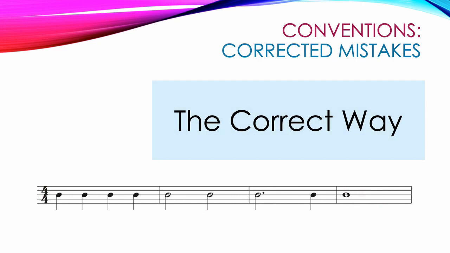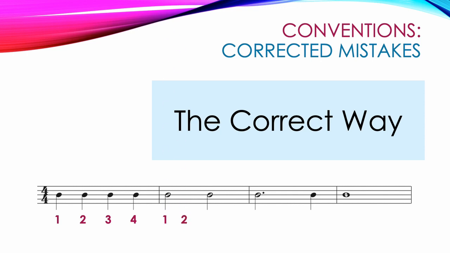Let's take a look at the correct way to put the counting under these measures. In the first measure, we have 4 quarter notes. Each gets their own number and count. 1, 2, 3, 4. In the next measure, the first half note gets the numbers 1, 2 directly under it